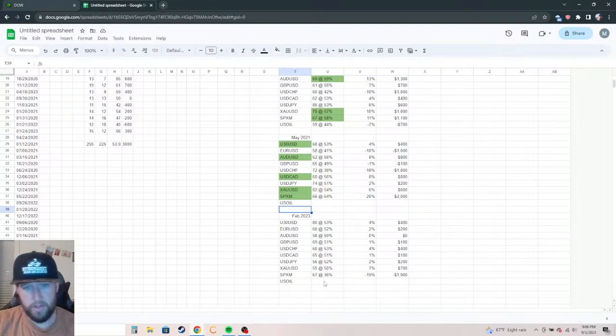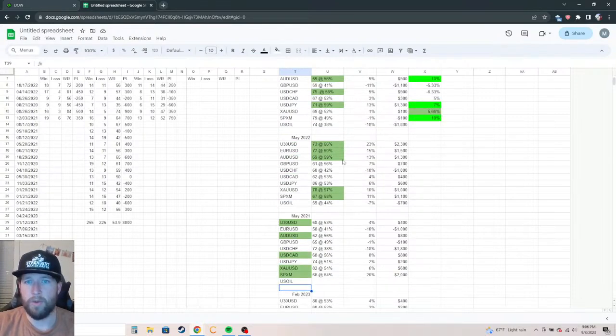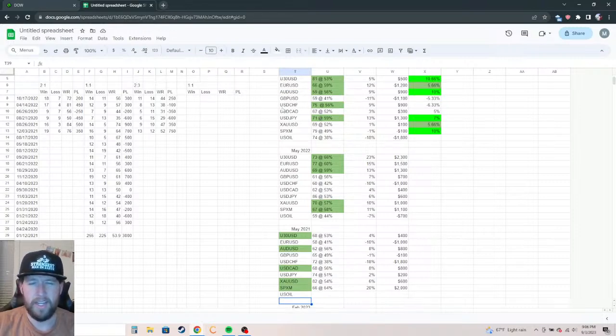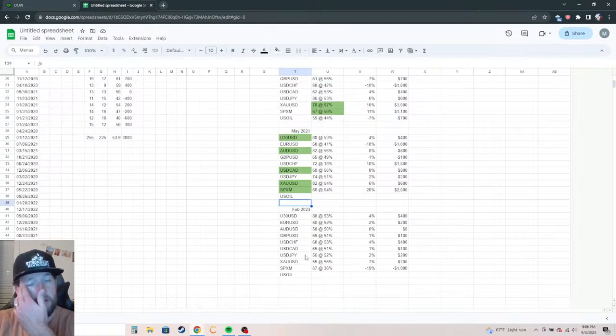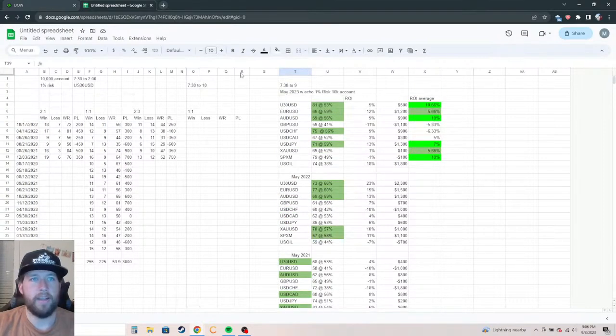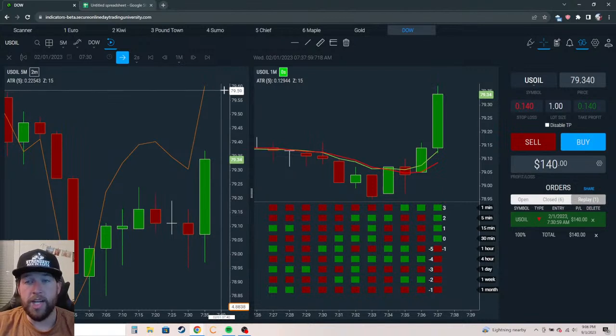So we'll see if it continues to not work on oil. It seems to work pretty much on everything else consistently except for US dollar franc. For some reason, the pound has been pretty iffy as well. But yeah, oil is the only one that's been really bad so far,